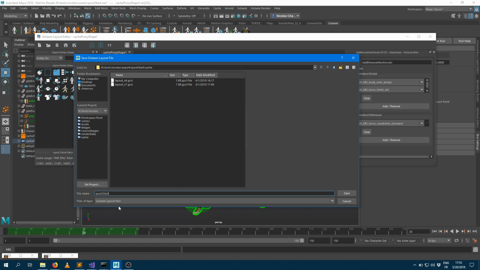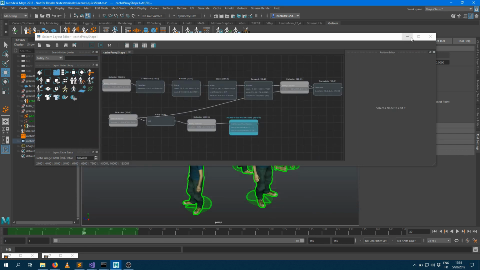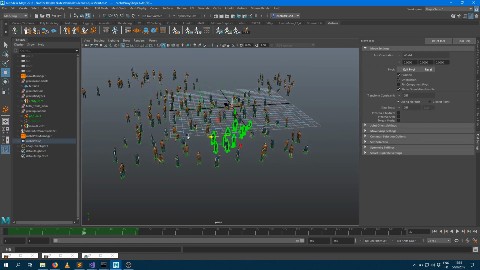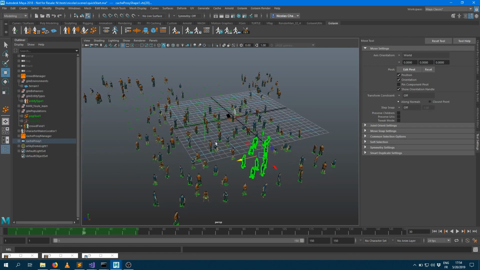It will store all the layout operations. So it's important to remember that what I'm doing here is non-destructive. They're operations I'm applying on top of the simulation cache, which means if my cache changes and my characters walk instead of maybe sitting or watching the game, we'll apply the same modification but now on walking characters. So I'm going to save that, and as soon as this is saved, whenever I render my crowd, they'll be rendered with all the same modifications applied.